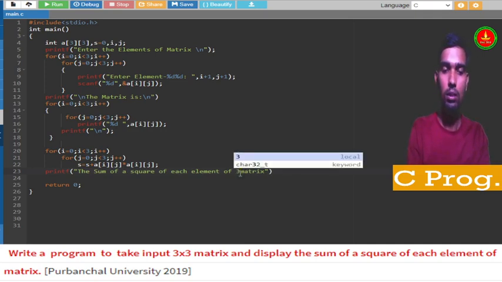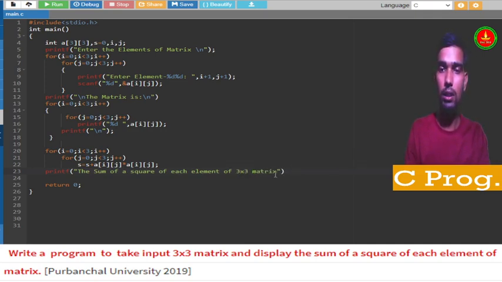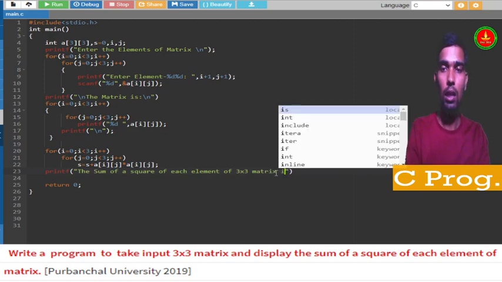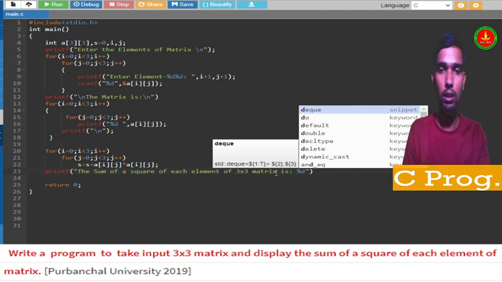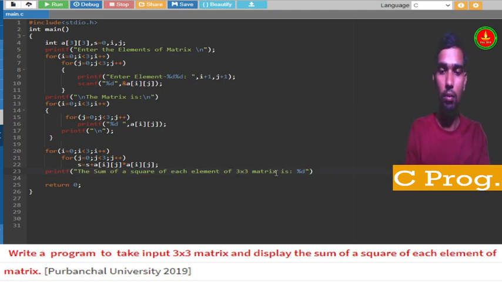How much is the 3 by 3 matrix? It is %d. And here I will mention how much. Yes, so this is done about this programming. Let me run it and show you.